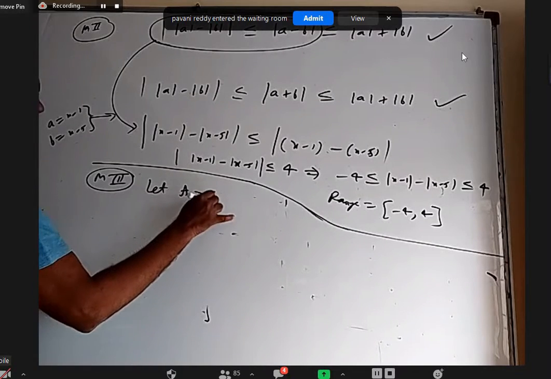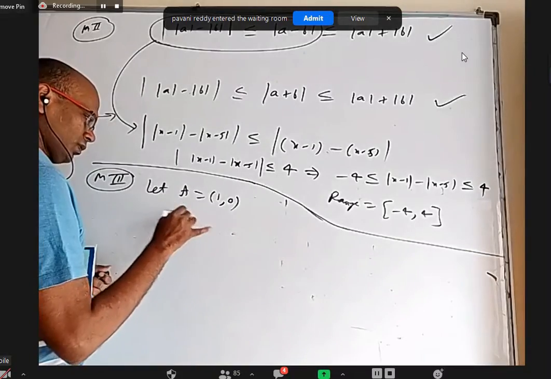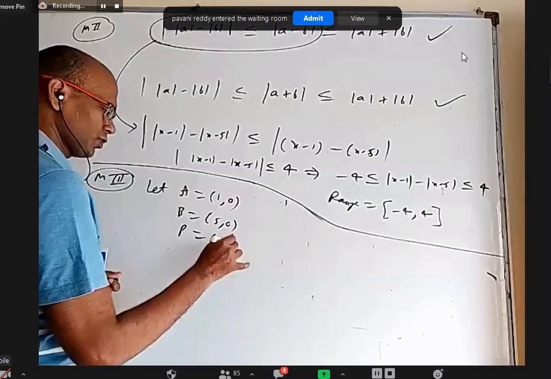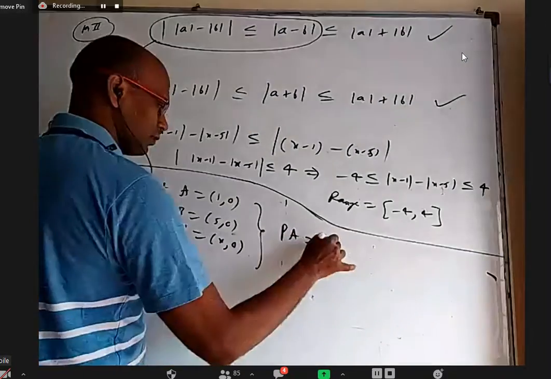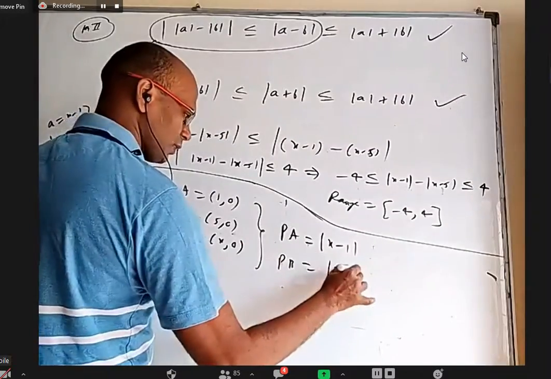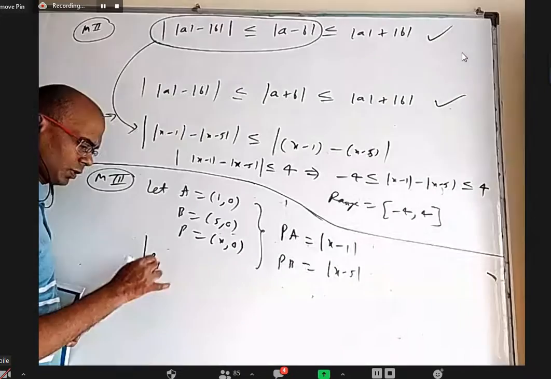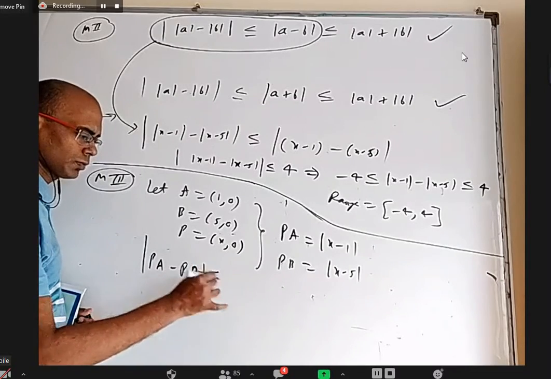Let A equal to (1, 0) on the x-axis, B equal to (5, 0), P equal to (x, 0). The PA distance, when you find, it is mod x minus 1. The PB distance is mod x minus 5. Mod PA minus PB will be less than or equal to...